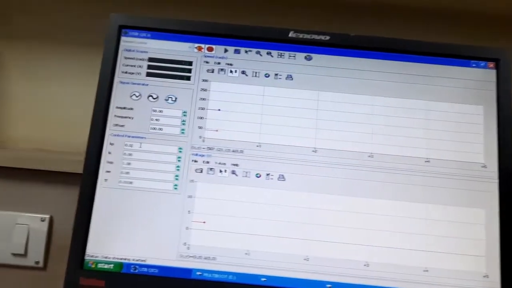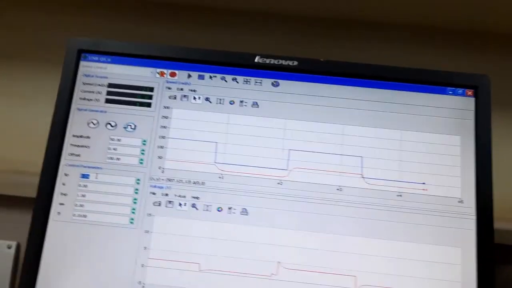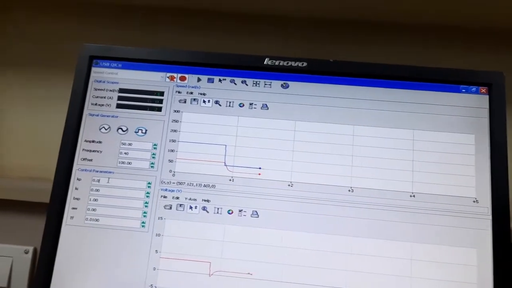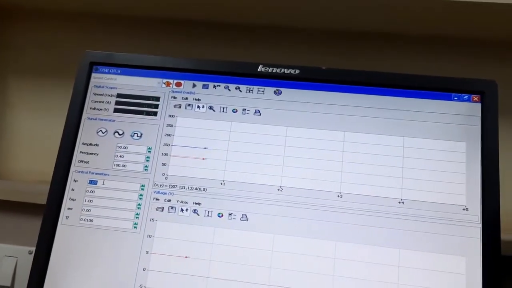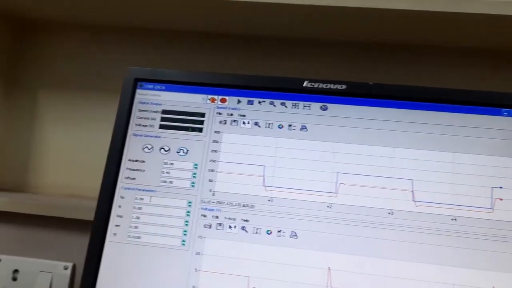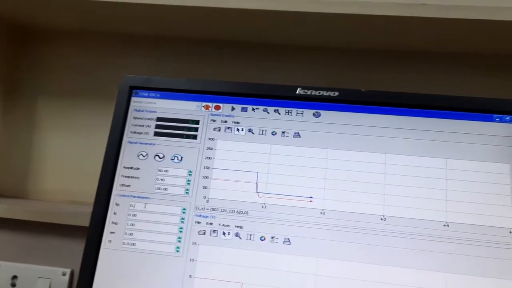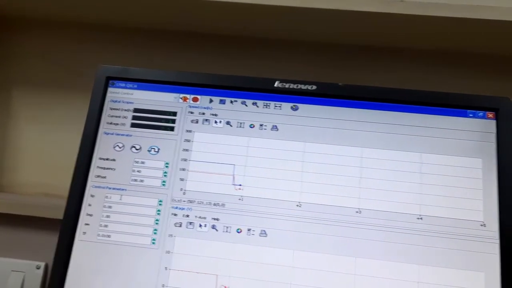So let's increase in a step. Let's try 0.04. It's slightly increasing. Again we have to gradually change it. 0.1.